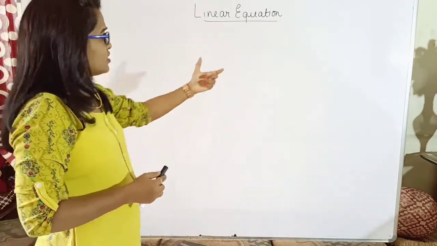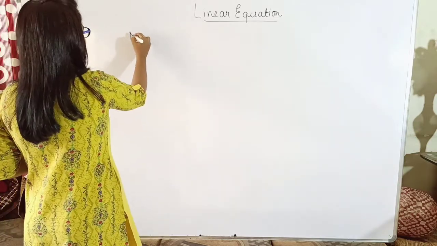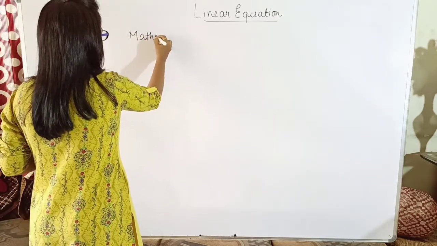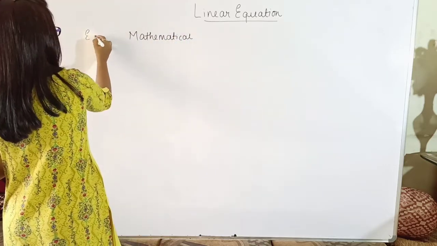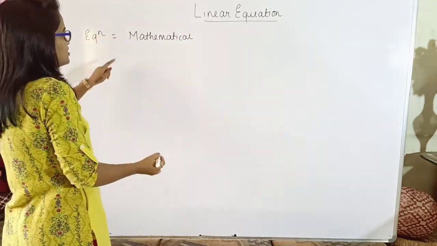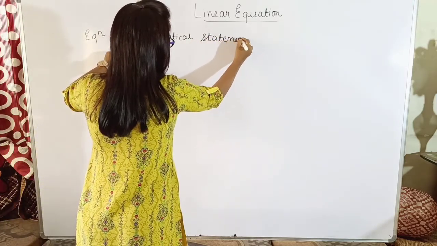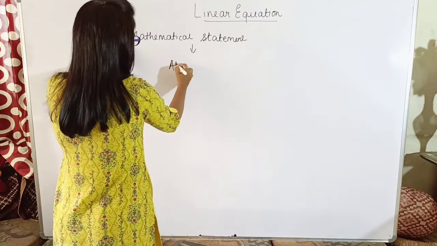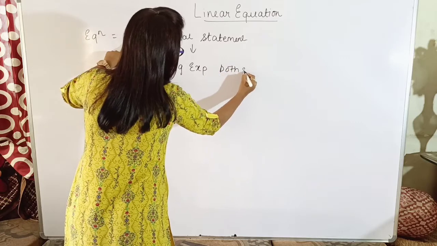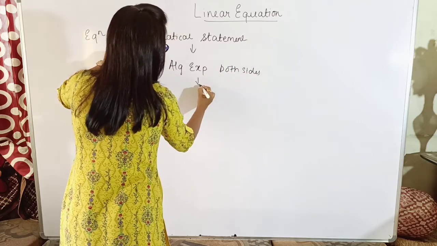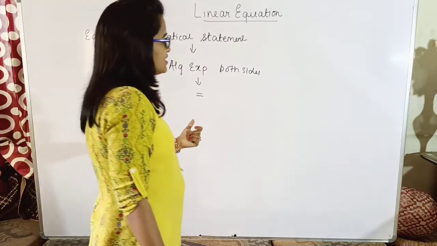definitions of the word. Now what is an equation? Yes, an equation is a mathematical statement. Okay, so if I'm telling you the definition in terms of words, it is a mathematical statement wherein there are algebraic expressions present on both sides, isn't it? And there is an equal to sign present between them. Let us see an example.